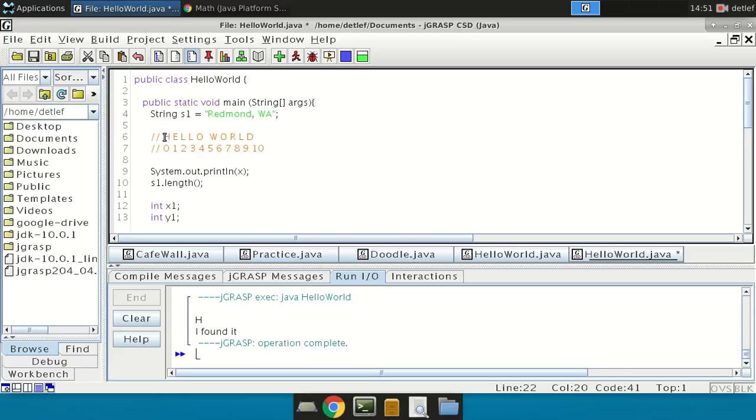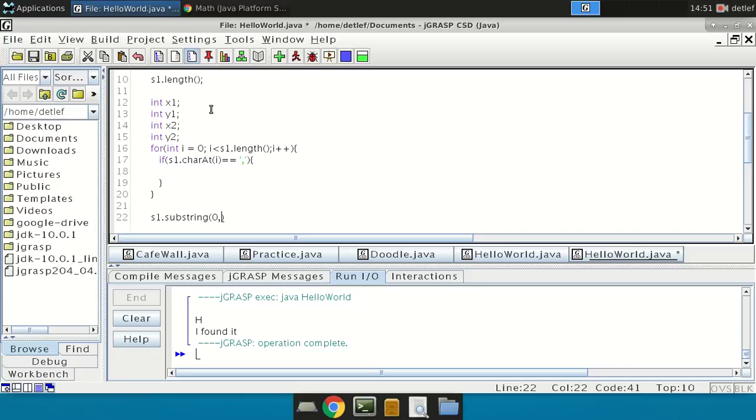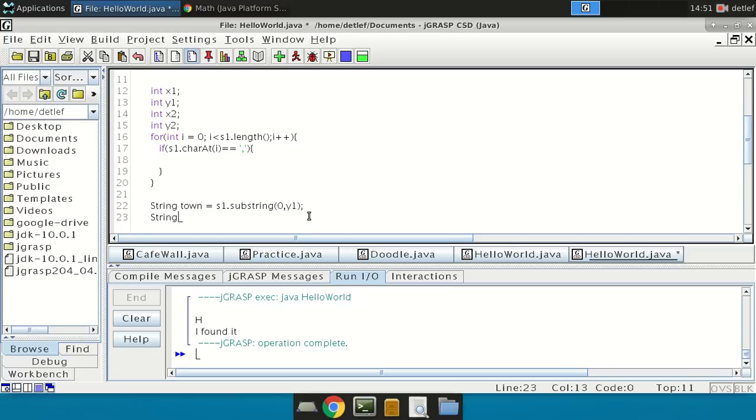So for the town, that's pretty simple. That's just going to be 0. It's going to be the first place. But for the second place, where the string ends, who knows? That could be in Kirkland, Redmond, whatever it is. What I need to know is that's why I created these variables up here. I'm going to call this y1. Oops, y1. And we will store this in a string called town equals that. And then we'll do a string called state equals